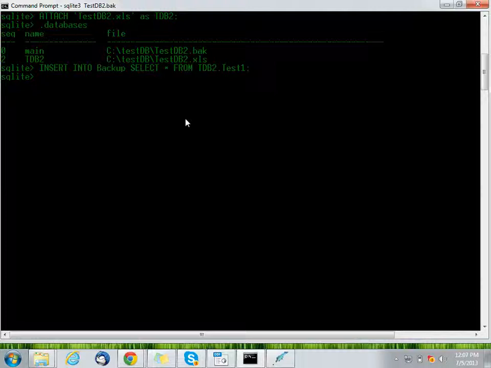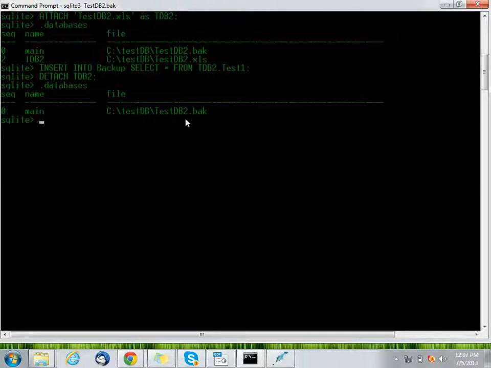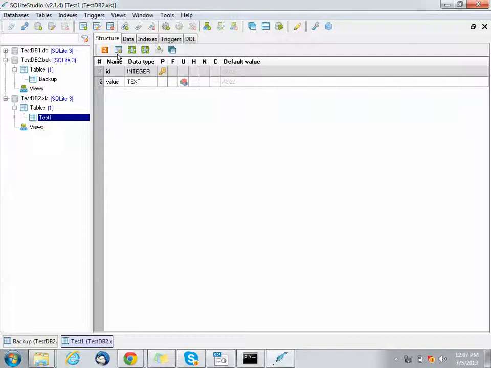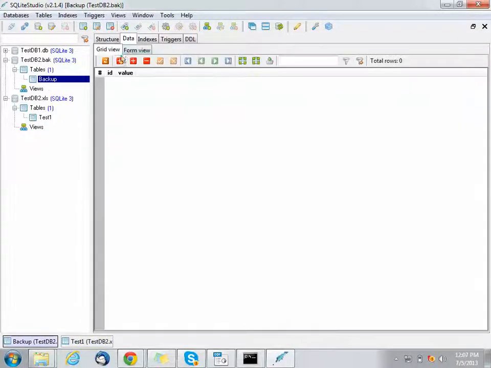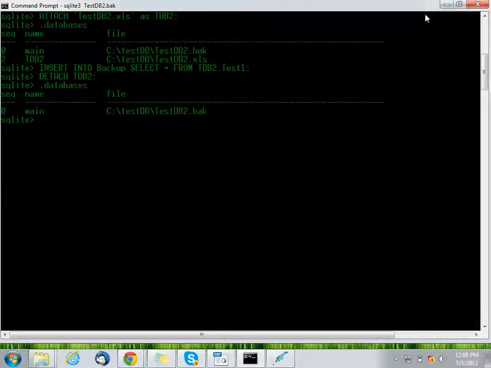Okay. Now we have detached that, and we have just a backup database. Let's see in the ID the value of. We have imported all the data. So this is the use of attach. We can directly attach the database and use the values.